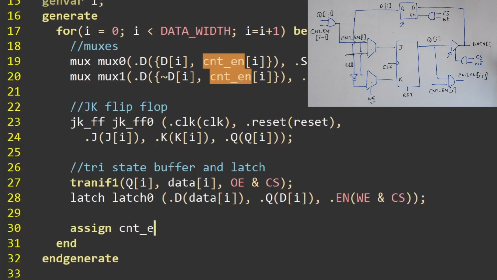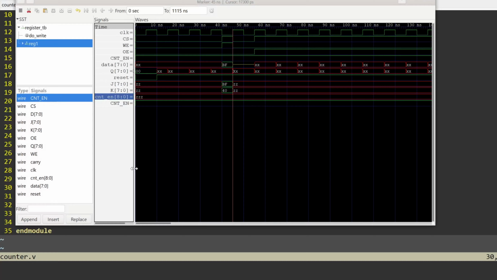And finally, I'll add an AND gate to generate count n for the next stage. Let's simulate it and see.